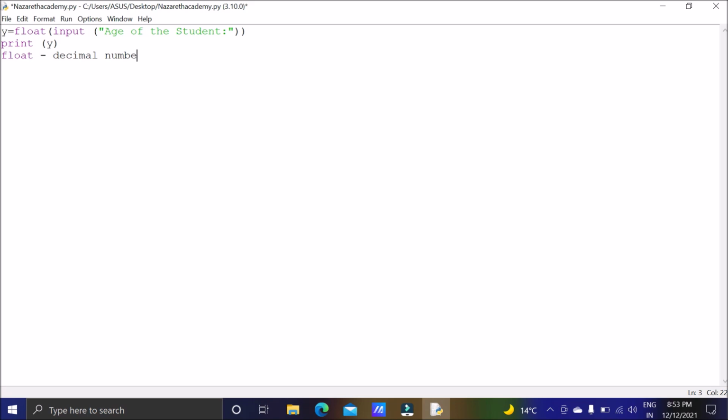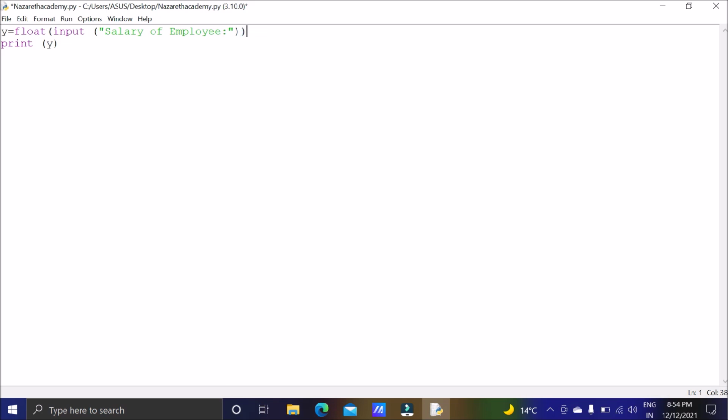So suppose this is my message. If I do not change the message, then the same message will get printed, age of the student. So I want to change the message to: salary of employee. Salary can be in decimal.